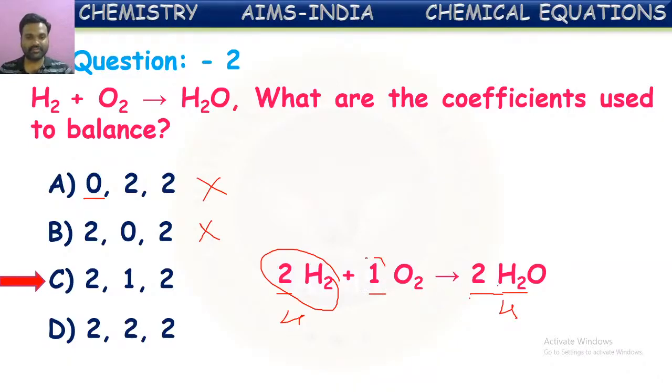Now, the number of oxygen atoms. Actually, in the chemical equation, if the coefficient is 1, it won't be written. For understanding, we have written it here. In each molecule of oxygen there are 2 oxygen atoms, and this 2 is multiplied with the coefficient 1. Total 2 oxygen atoms on the left hand side. On the right hand side, there is 1 oxygen atom in each molecule of water and the coefficient is 2, so 1 is multiplied with 2. Total 2 oxygen atoms on the right hand side also. In this way all the atoms on both the sides are equal. Hence this is a balanced equation, so these are the correct coefficients.